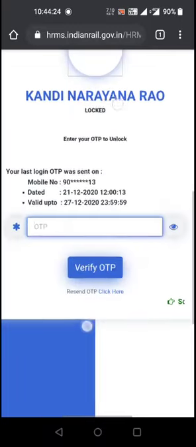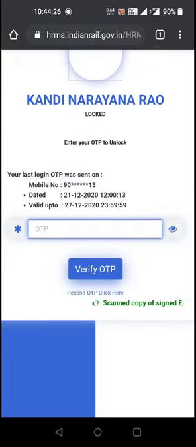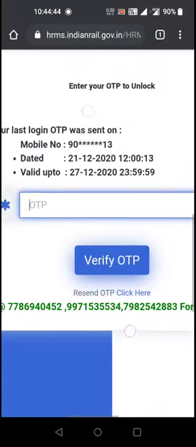After logging in, you will receive an OTP. This OTP is valid for 6 days. Remember that while using HRMS, you will be given 3 types of OTPs. One type of OTP is used to reset the password, one OTP is used for login, and one more OTP, called the transaction OTP, will come to you to update your details. First of all, we will get a login OTP.